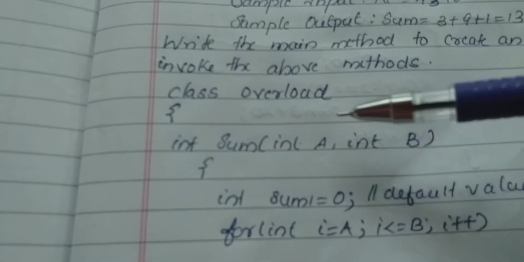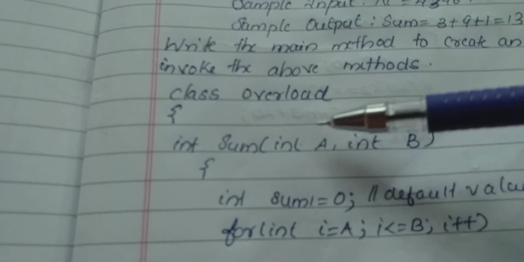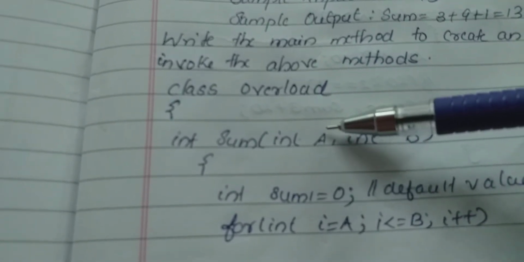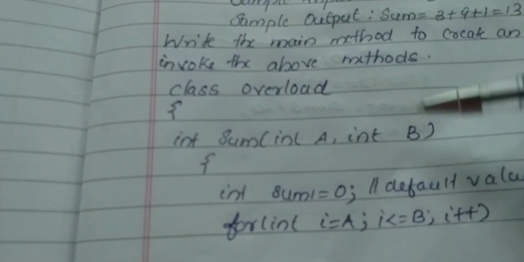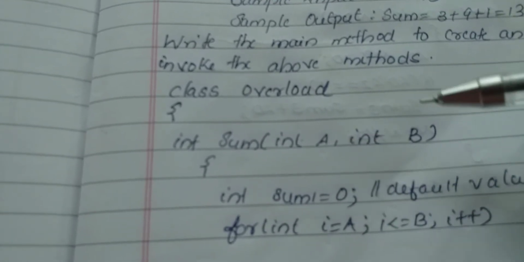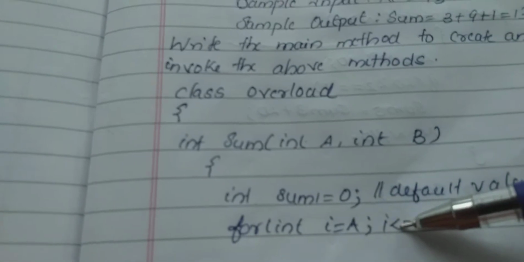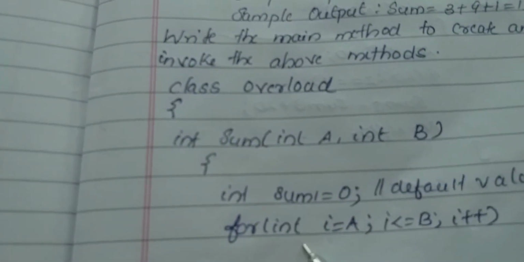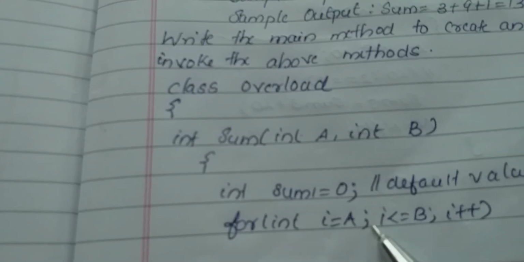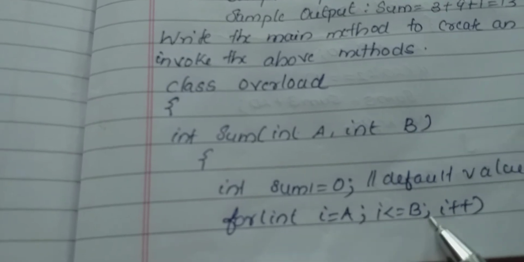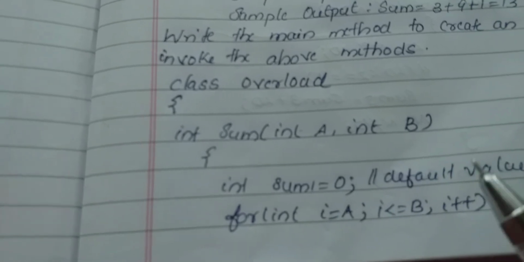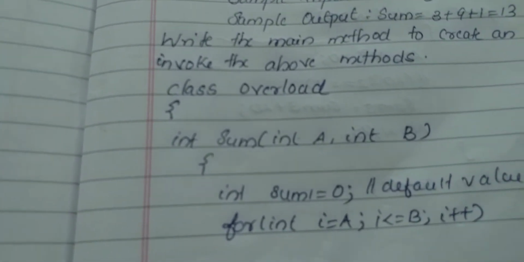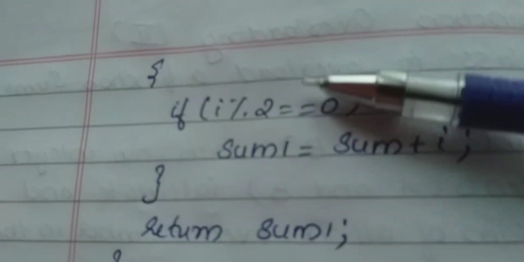So we want to find the even numbers between a and b. So what is the first value? Suppose a is the first value. What is the final value? b is the final value. So in order to find the even numbers, we can seek the help of for loop. That is, for int i equal a. So this is the initial value. Semicolon, i less than or equal to, what is the final value? It is b. Then i plus plus. Each time the value will be incremented by 1. This is our for loop. And we have opened our for loop.